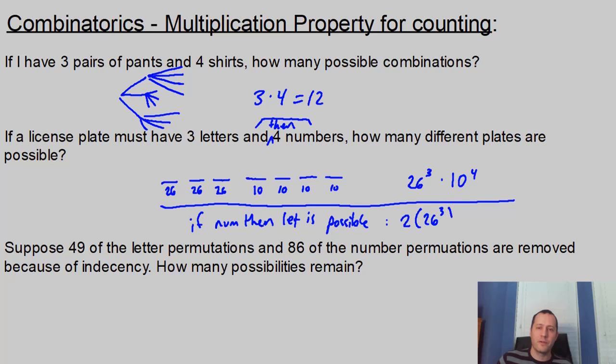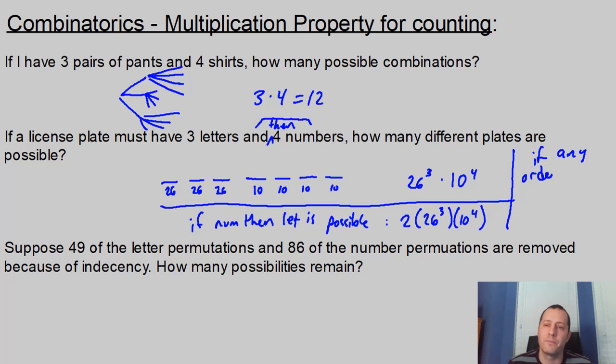Now, what if, since I wrote it wrong to start with, what if there were no stipulations at all? What if they could be any 3 letters and any 4 numbers in any order? Well, then, and this is more advanced, this will be in a later video, once you find the 3 letters and the 4 numbers, the total number of combinations of those, then you need to consider all the possible placements. So what you could do is, if any ordering of letters and numbers is possible,